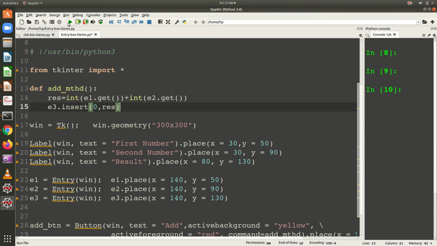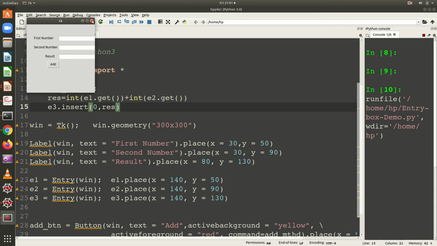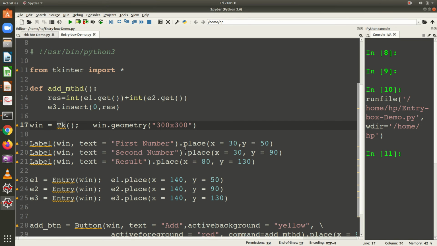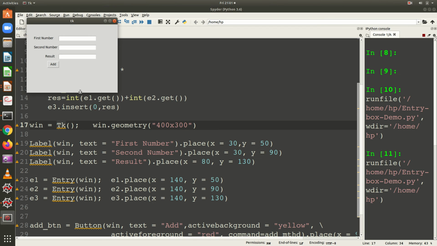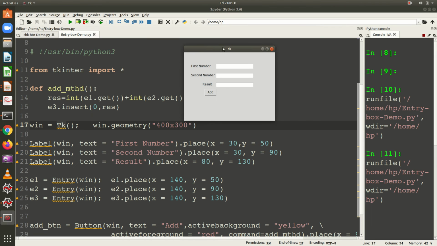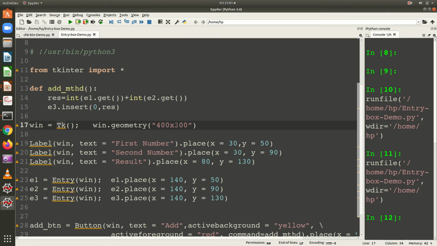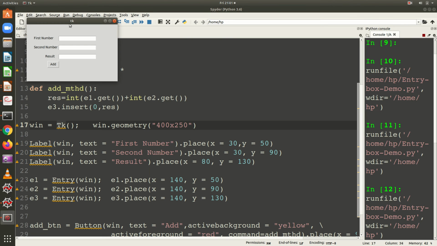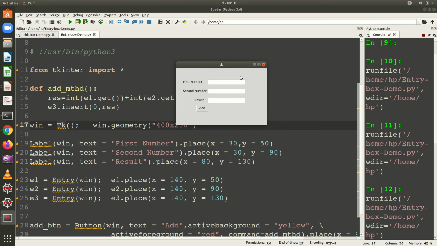Let us see what happens now. No, let me change it to 400 by 300. Okay. So if you want, you can change the height to 250. And run it. Okay, fine. Better now. Okay. So this is the window which we had created with 3 labels, 3 entry boxes and an